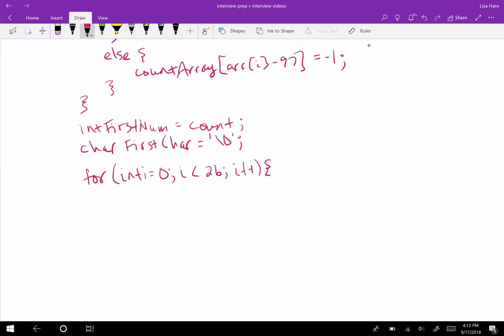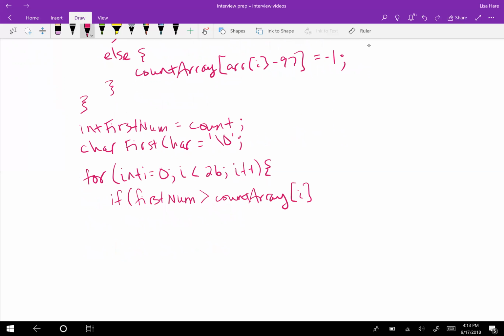Okay, so within that, if first num is greater than count array